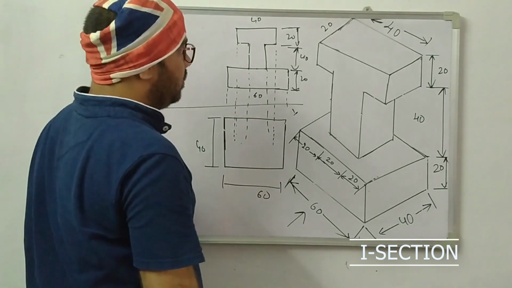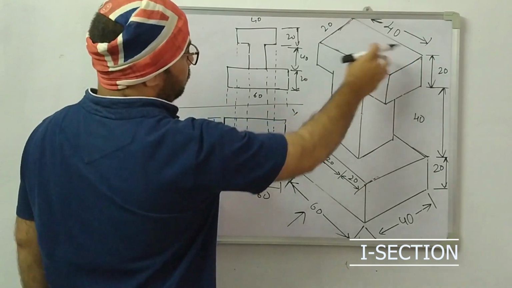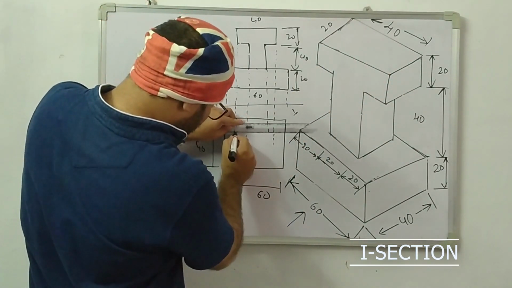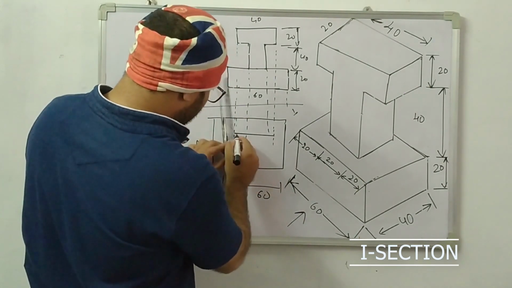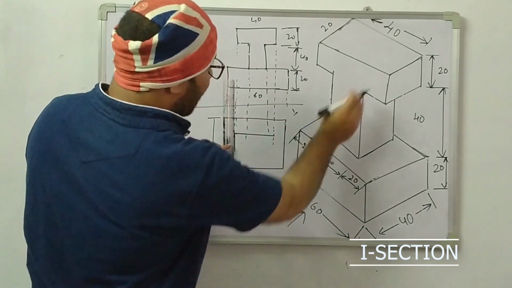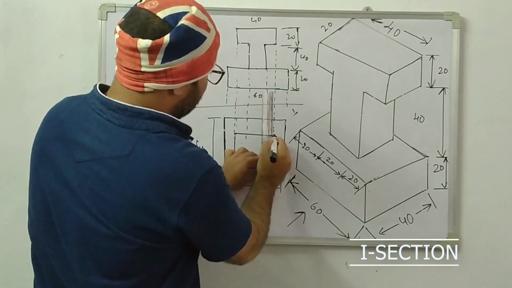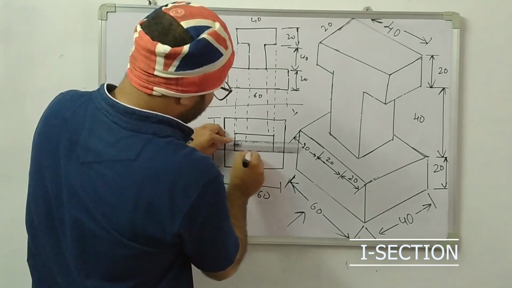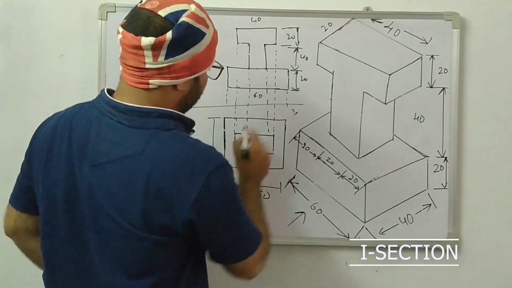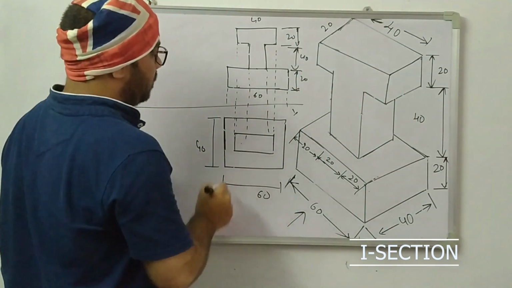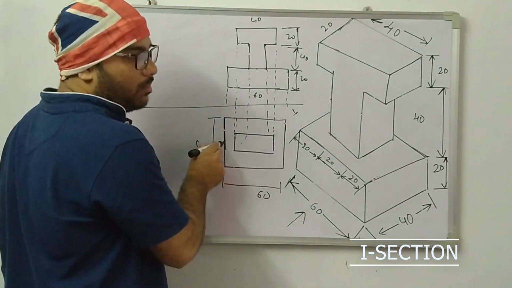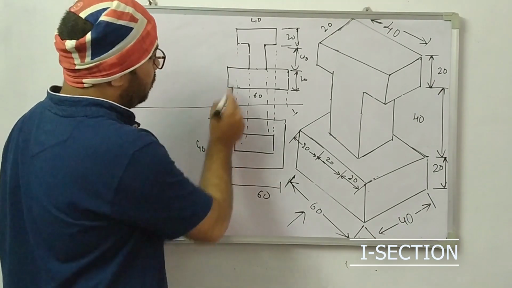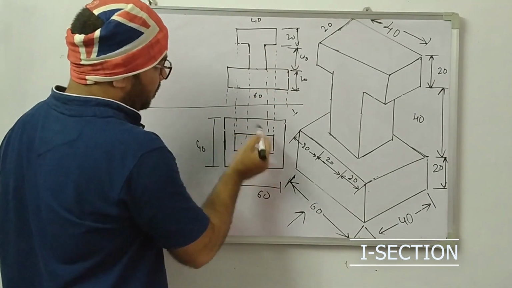Next, see here, this box is 40 and this box is 20. So at the midpoint I am drawing this box, how much? This is 40 length and 20 height. So 20 width at the midpoint. Now this box is visible. This is the box, exactly at the midpoint. See here the 20 mm, dot 10 mm above, 10 mm below, and create the box. So these are the length of the projections.